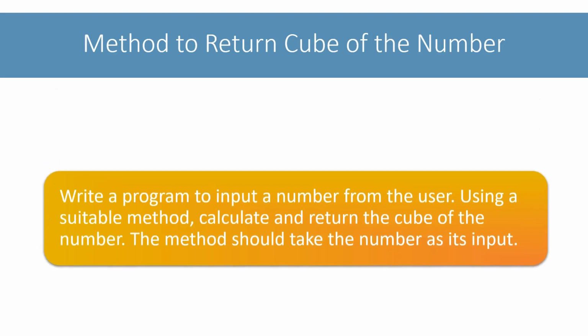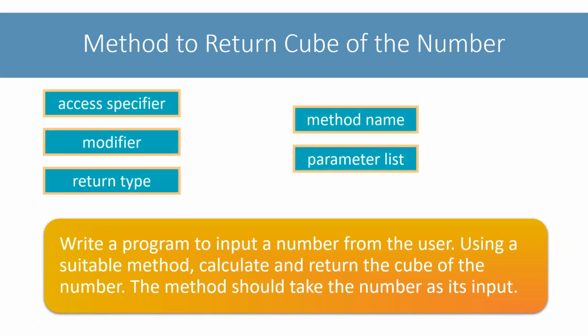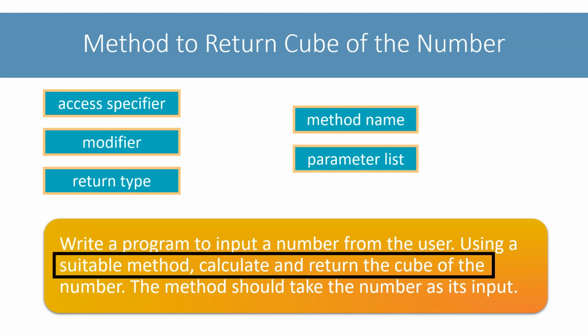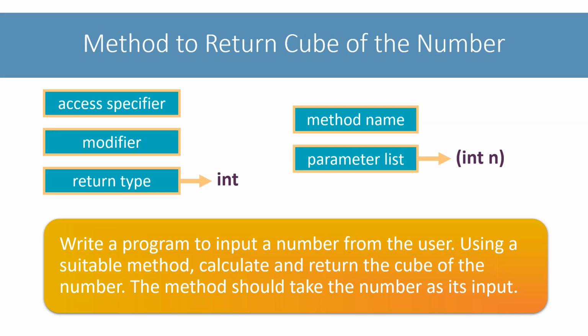Again, I will start by trying to figure out the prototype of the method from the details mentioned in the question. This second line tells us that the method should take a number as input and return its cube as output. So the parameter list will be like this. One int variable as its formal argument, and its return type will also be int. The question mentions nothing about public or private, static or non-static. So access specifier will be public and we will omit the modifier. The question does not specify any name of the method, so we need to give it a meaningful name. Let's call it computeCube. We have all parts of the prototype.